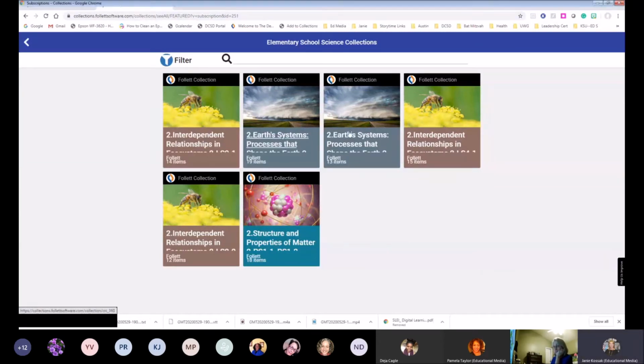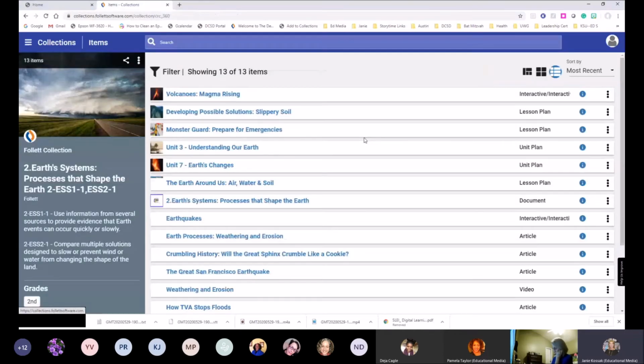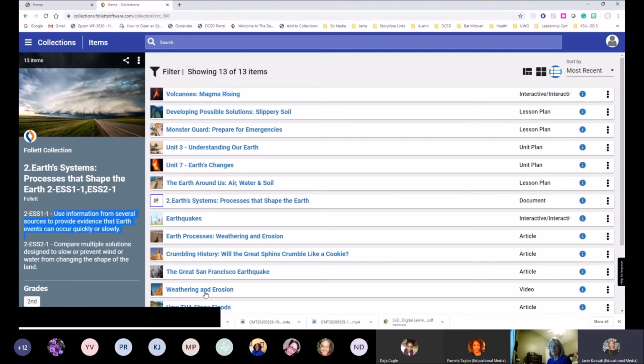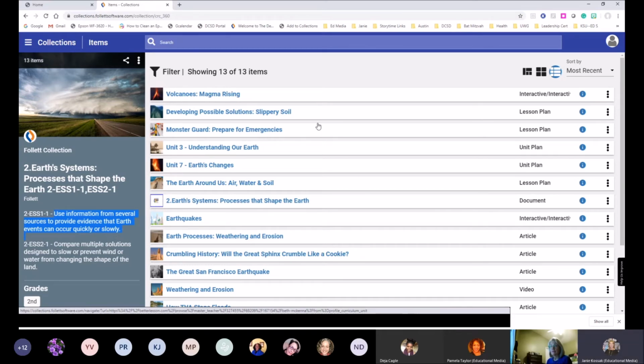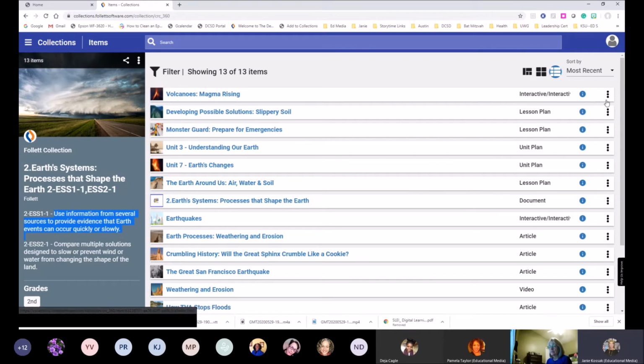And let's see, let's go to Earth systems. Okay, processes that shape the earth. It gives you, now this is not the Georgia standard, but it will tell you what standards these resources support. And then you can share this, and the teacher can decide which of these she would like to use. Or if you know that she's only doing volcanoes at the moment,